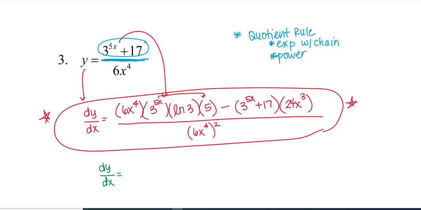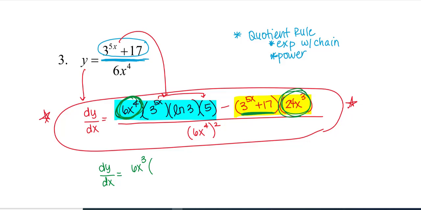So again, when you do quotient rule, you have 2 terms in this numerator. You have low d high minus high d low. So it is helpful if you can overall kind of separate that out or see that and make sure you know I have 2 terms. Can I factor something out of both of those terms? Sure, I can factor out a 6x cubed. Okay, so I'm looking really here. I cannot factor out 3 to the 5x because in my yellow that is being added to 17, so it's not an individual factor. So the only thing it looks like I can factor out of the numerator is 6x cubed.